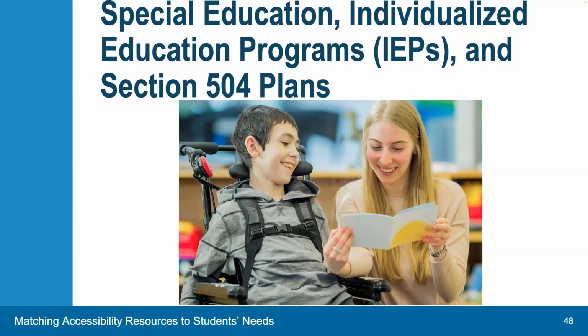In general, the IEP or Section 504 plan teams make determinations for the students based on their individual needs, including participation in any alternatives to the existing English language assessments. They recommend the use of accessibility resources that will help measure what the students can do and assess them on the basis of their current level of development.